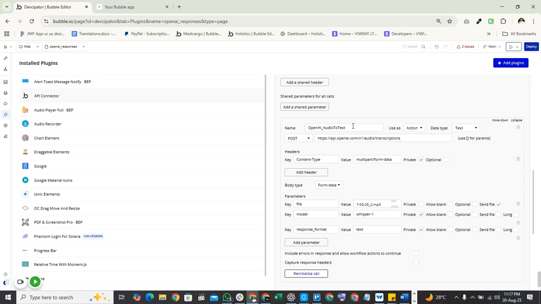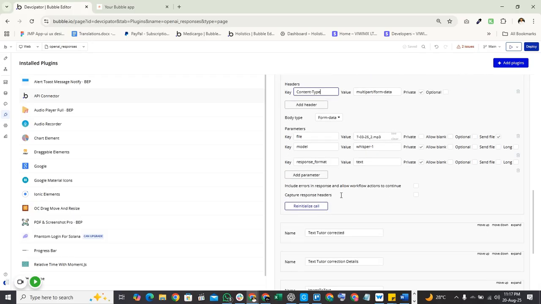This short video is on OpenAI audio to text. So let's get started. For this audio to text, we are using a POST request with this call, api.openai v1 audio slash transcriptions. Content type is equal to multipart slash form data, or we can directly use this form data here as well. For this, just copy exactly this header: content type multipart slash form data and